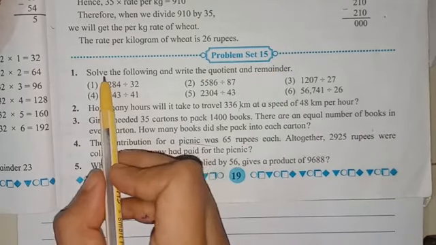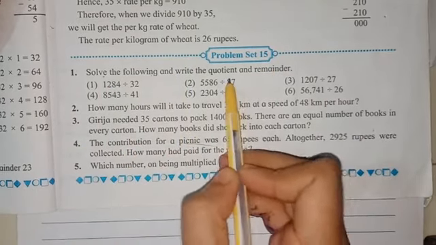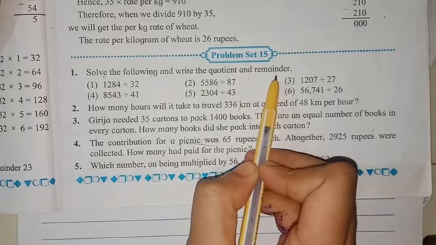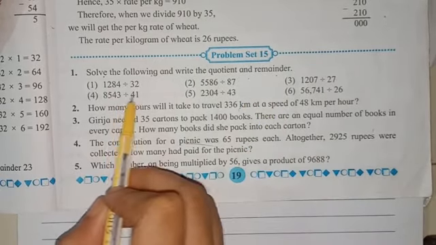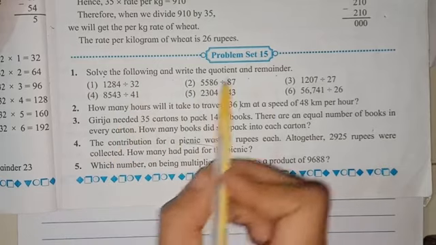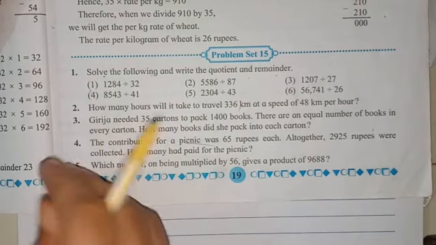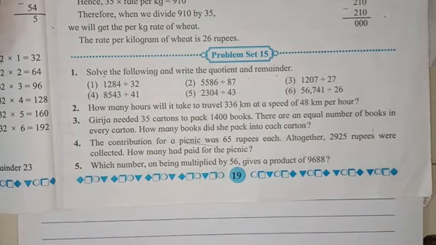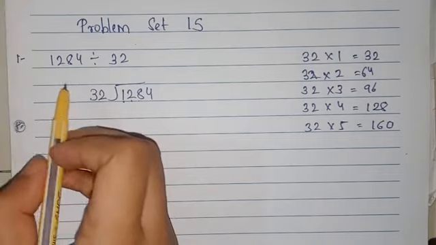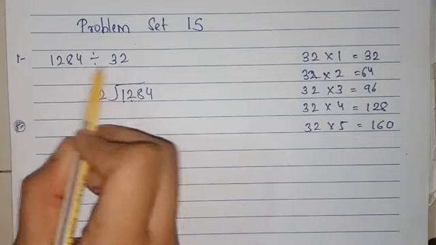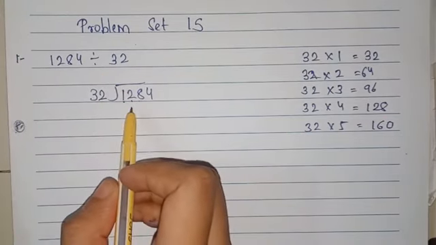Okay, solve the following and write the quotient and remainder. It means we have to divide them and at the end we have to write the quotient and remainder. Okay, let's start with question number 1. Now question number 1 is 1284 divided by 32. Okay,